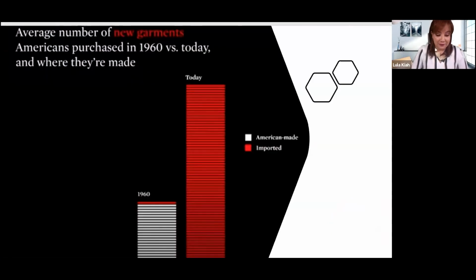So if we can see these graphics, in the 1960s an average person would have only 25 pieces of clothes per year. So they would invest 10% of their salary on clothes, right? It was a big deal. And it was the equivalent of what is like $4,000,